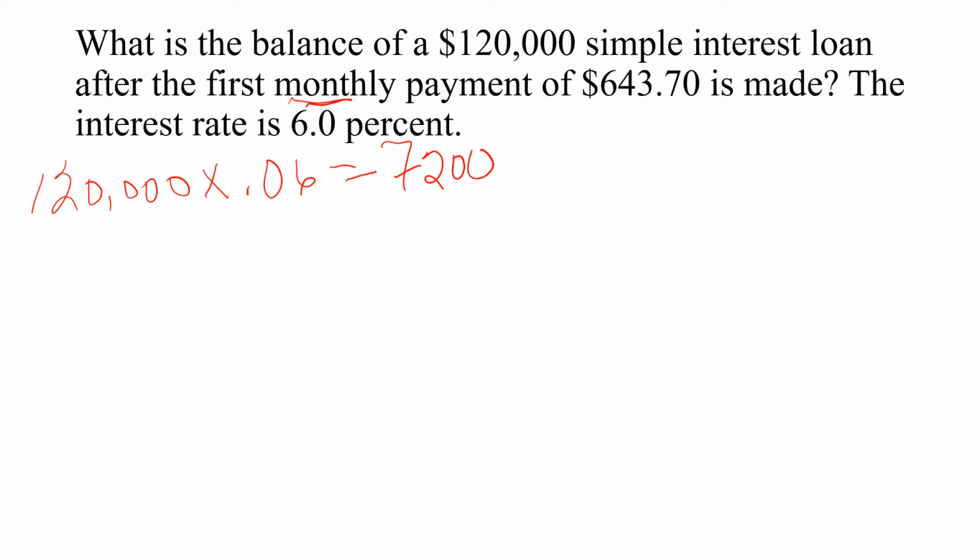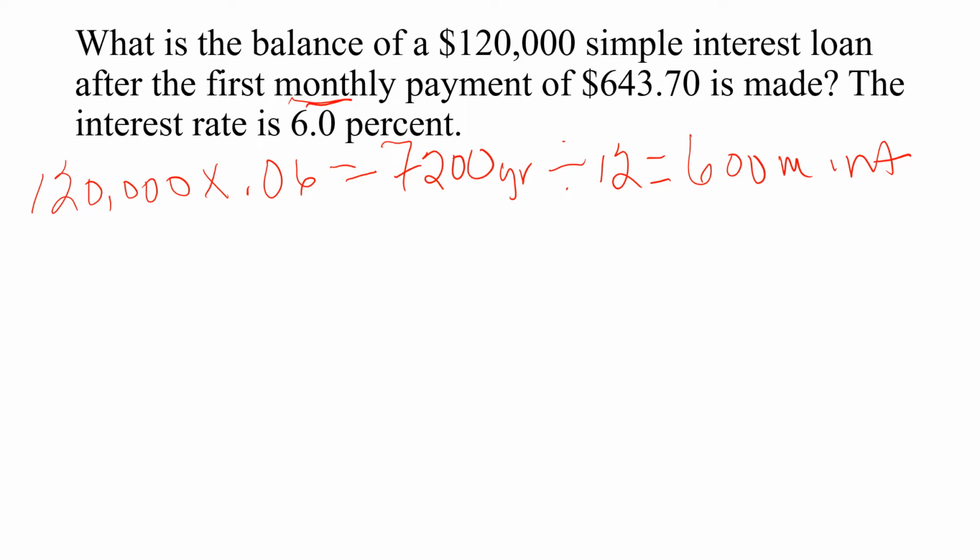But that's per year. So we divide it by 12, and that gives us 600. 7,200 divided by 12 is 600 a month